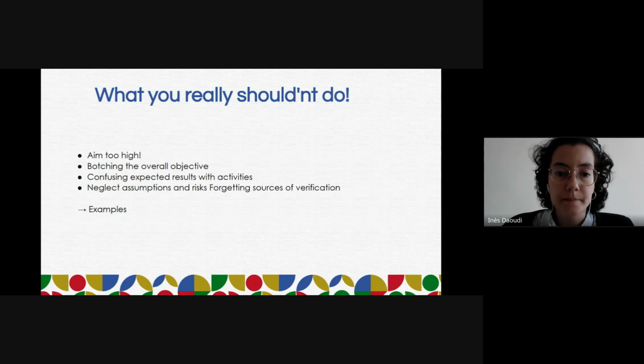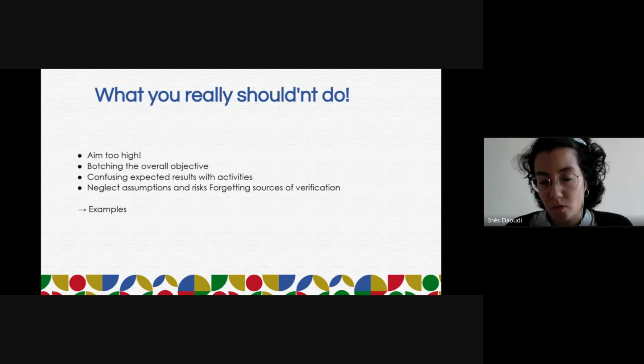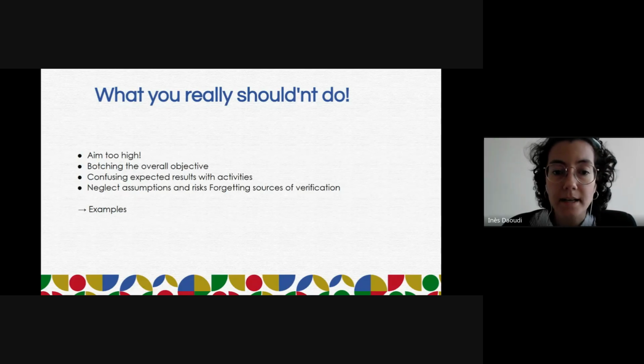So, for example, I can give you an example of a poor distinction between results and activities. Specific objective: improve education, which is a bit too wide, according to me. Activities: build schools, train teachers, provide textbooks. In this example, there are no clear expected results. It is too blurry. It isn't clear what specific changes are expected as a result of building schools, training teachers, or supplying textbooks, okay?